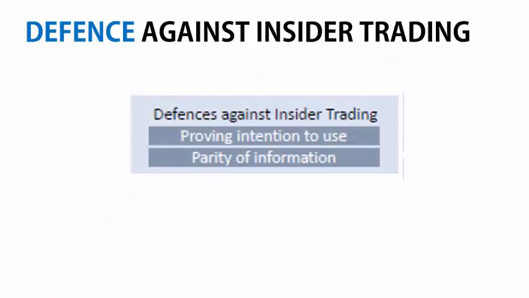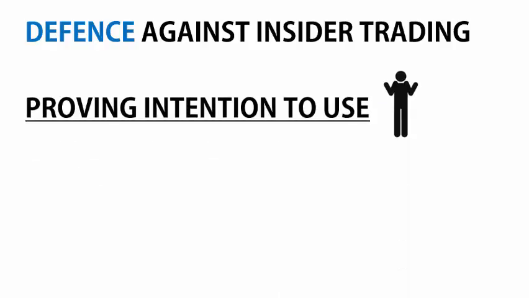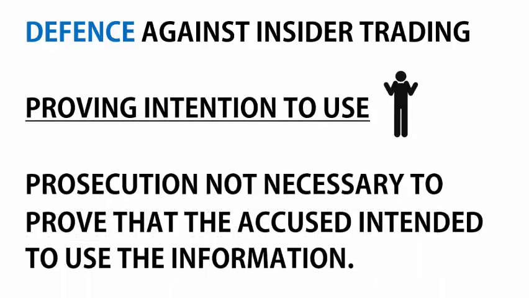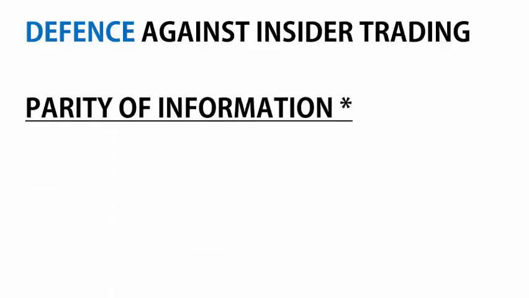How do you defend against insider trading? There are two defenses against insider trading here. One is proving intention to use, the other one is parity of information, which is the more important one. Under proving intention to use, the prosecutor does not necessarily have to prove that the accused intended to use the information. This is not a very strong defense. A stronger defense here is called the parity of information,